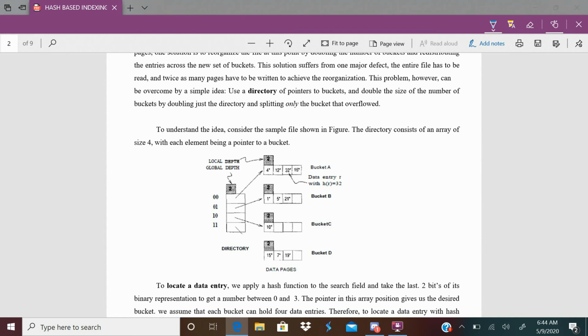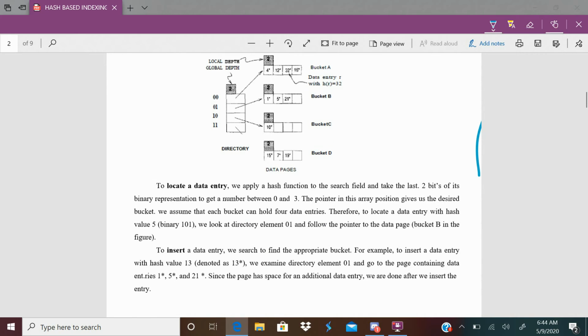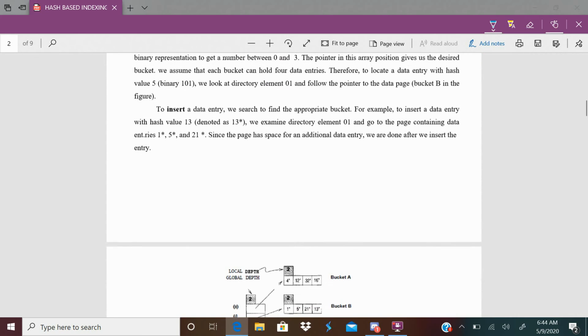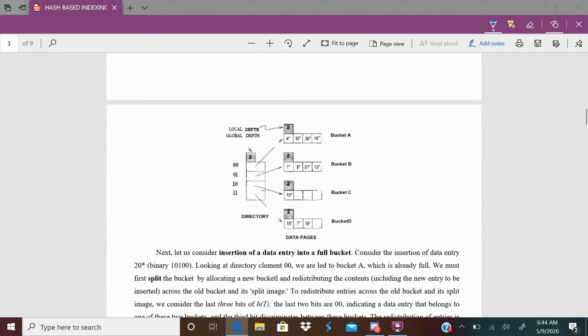Yesterday we discussed how extendable hashing searches for a particular record in the data pages using the directory of pointers, and during insertion, how it inserts index records into the data file.